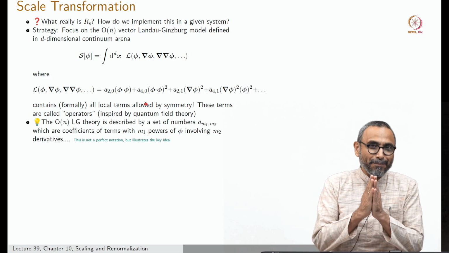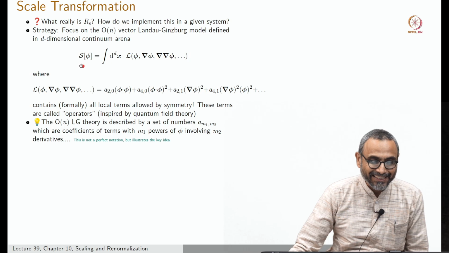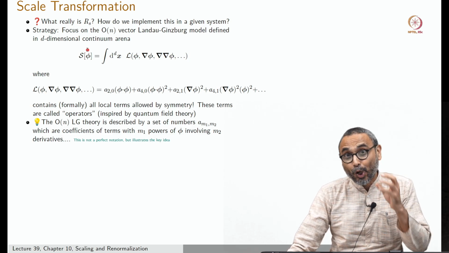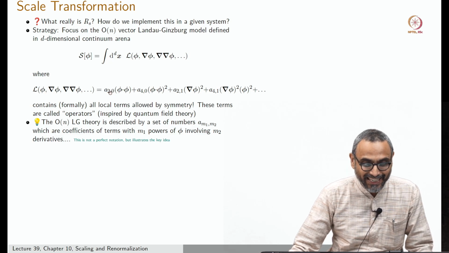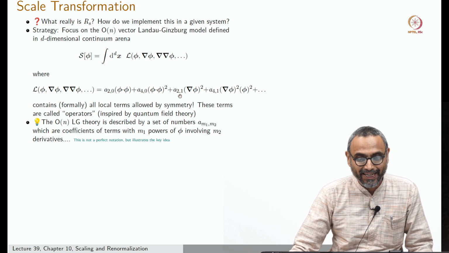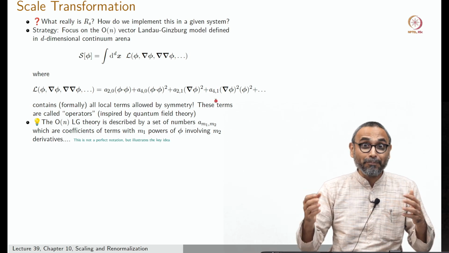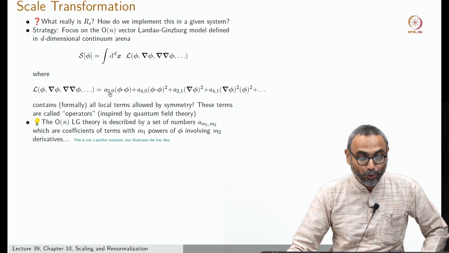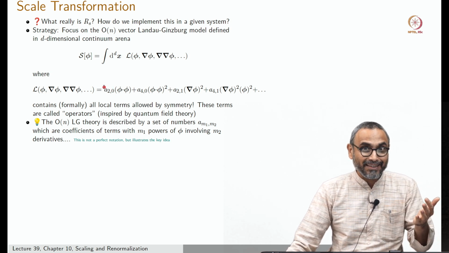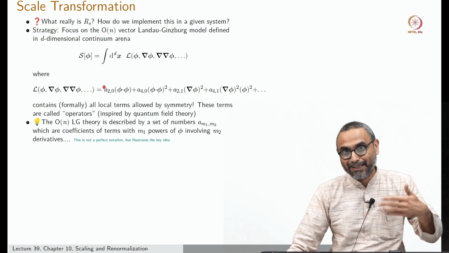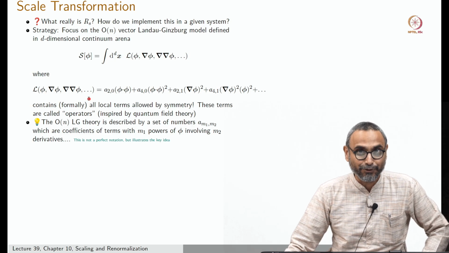And so the main message I want to convey to you is that an action like this can be thought of as a set of numbers such as A20, A40, A21, A41 and all of that stuff, right? And you remember, for example, if I were to tune this coefficient A20 to negative values, then we claim that you're in the ferromagnetic phase or something like that, if for example this were a real field.